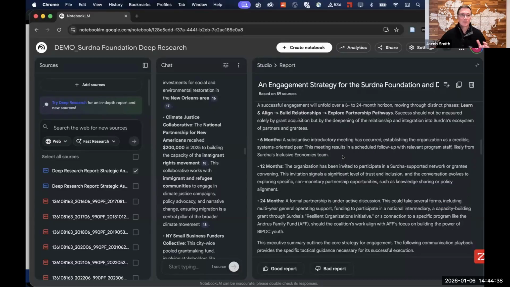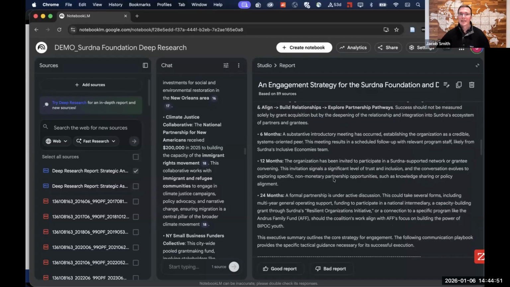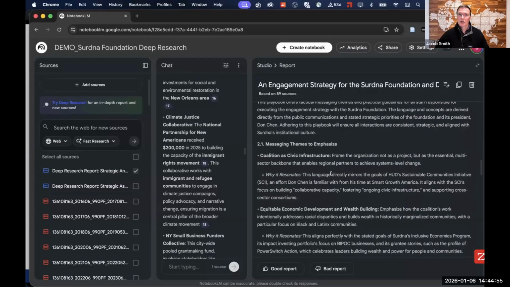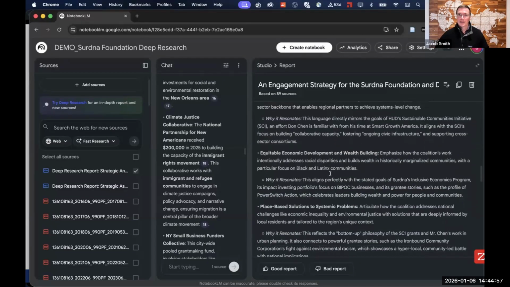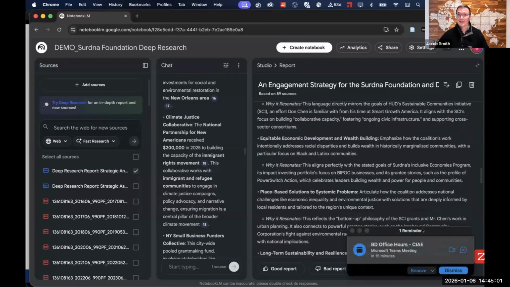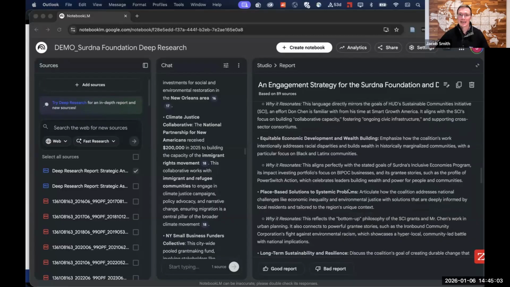You can also augment it with things that have worked in the past as it relates to relationship building. But basically, this report is taking all of the resources that are in this notebook. I had all resources selected when I generated this report, and it gives you some idea of how you might start to engage with this particular foundation, and particularly the president of the foundation in this case.